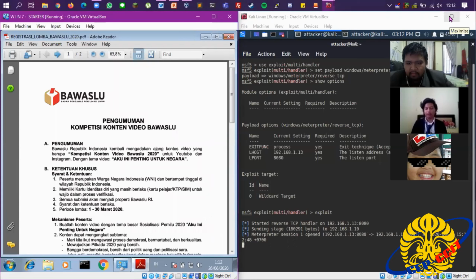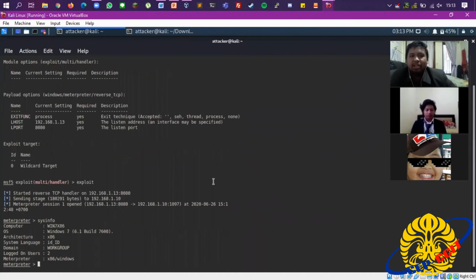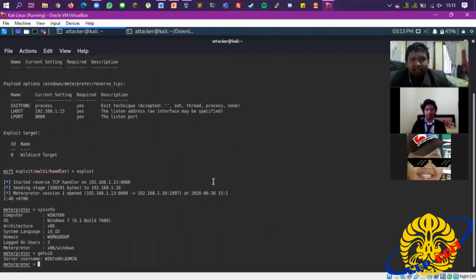Now we have access to the Windows 7 machine with the username admin. Okay, and now to see the target system information, we can type sysinfo. So we can see that the target is using Windows 7 in 32-bit, and we can also get the current username that we logged on with getuid. So now we're logged in as admin.